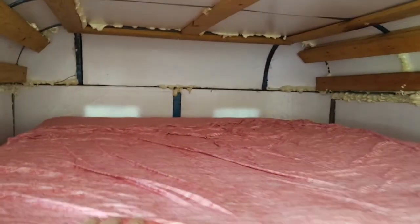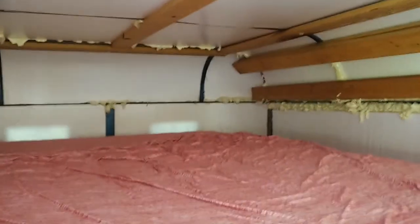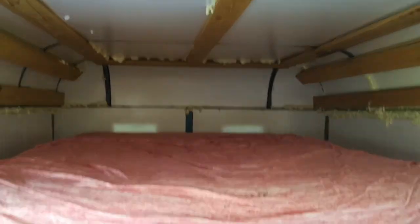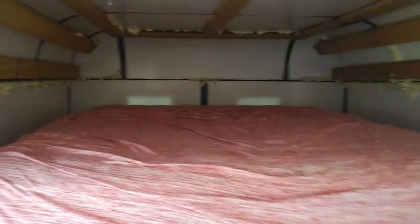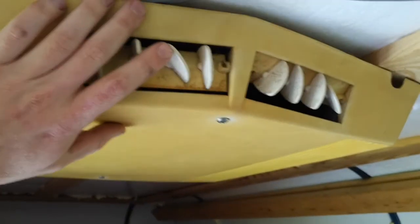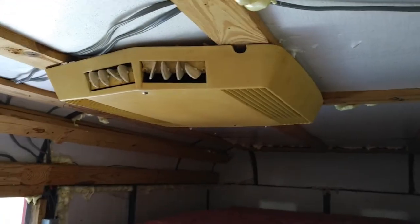I've got a full mattress in here, and I've camped in this a couple of times. So I took it on 2 trips, about a 200-mile round trip with the trailer in tow, and it was good. The big issue I have is the AC. It makes a lot of noise and vibration, and I think the fan up there